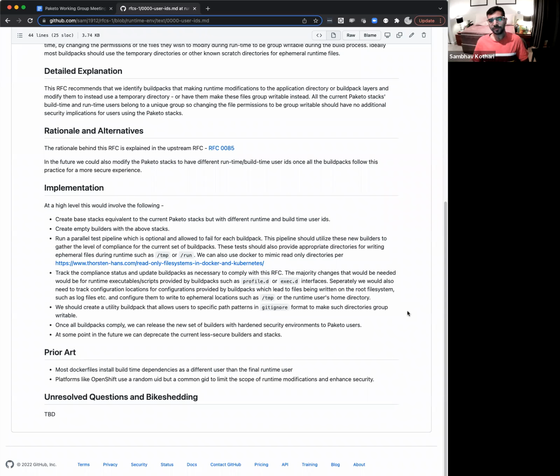I think for people who are running this in hardened environments, they'll probably want to be able to set the app config files to something that they know they can write to. So I'm less concerned about those things than I am about buildpacks that currently rely on certain folders or directories being writable, and then suddenly now they cannot write to them.